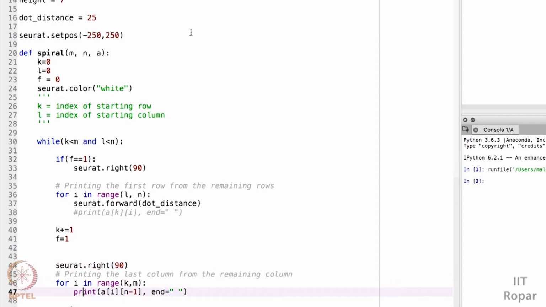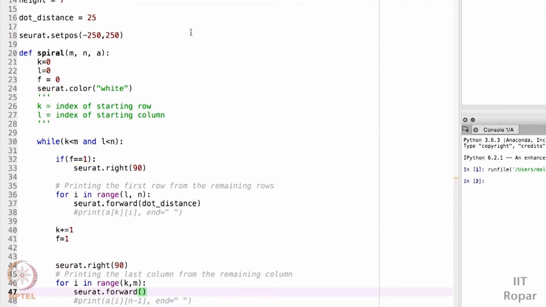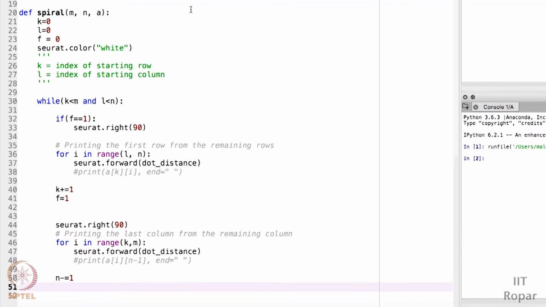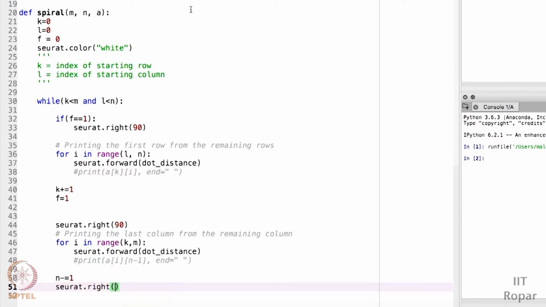Again here I don't need to print the elements. I'll just comment it and I will forward my turtle to dot distance. After this, I again have to change the direction of my turtle by 90 degrees. For that, dot right of 90. That's it.